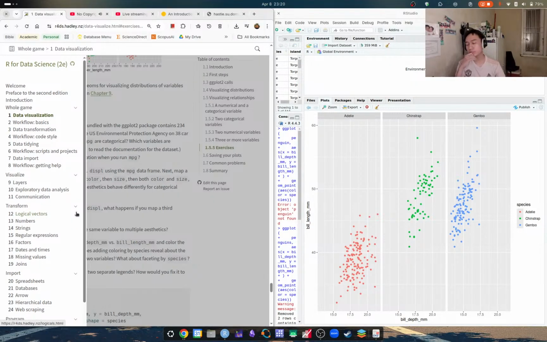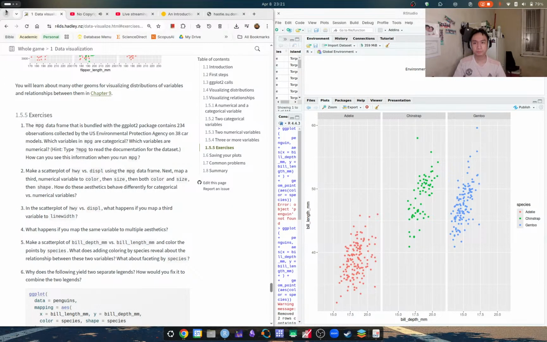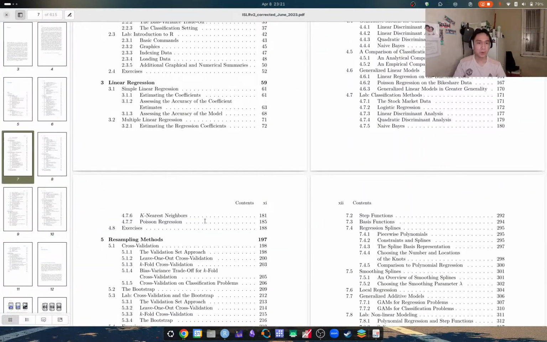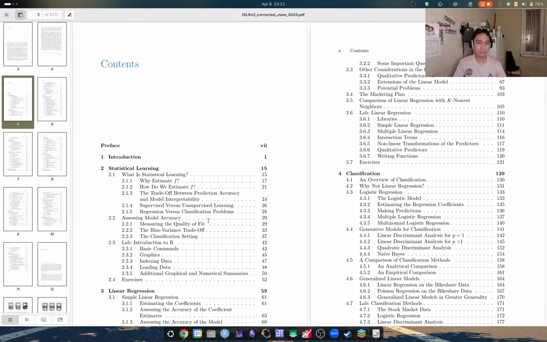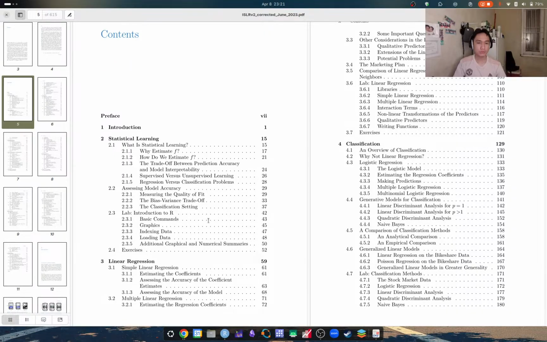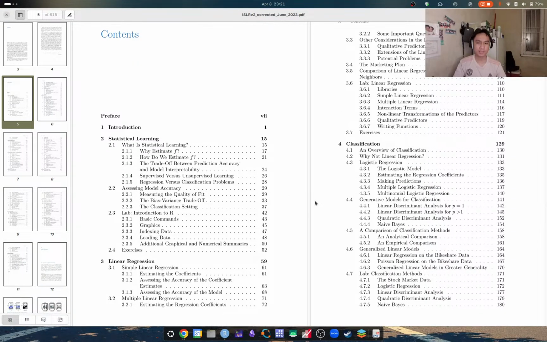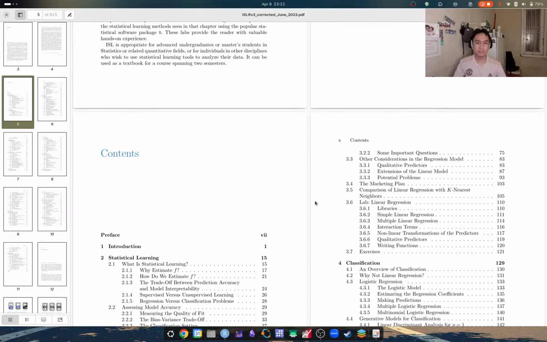But here, this is more in depth, especially on the mathematical side of things. But the book itself actually claimed that this is a lighter version of